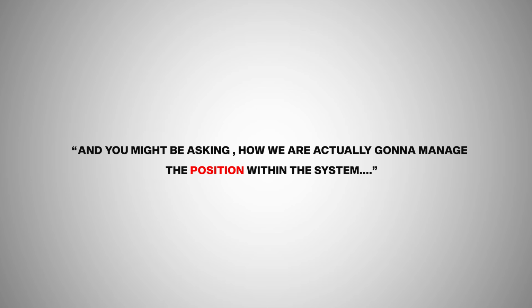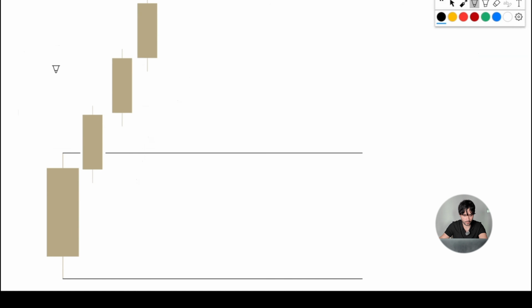You might be asking how we're actually going to manage the position within this system, and we're going to be utilizing what's known as the 3-candle rule, where as soon as we're entered, and in this case it's the case of buys, we're closing our trade on the third 6-hour candle. So when price closes at this level here, we are closing the position. Whether it closes at 2R, 3R, even at a negative profit factor, we are closing the trade no matter what. The idea here is that New York is entering us and setting the tone for the next few candles to come, and that is where we're closing our positions.